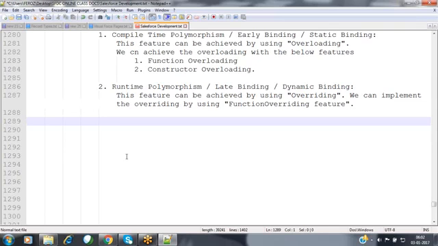So what exactly is a class? A class is nothing but a physical entity, or a class is a blueprint, where it contains a collection of members inside it. So what are those members? Those members may be variables, functions or procedures, properties, or constructors.